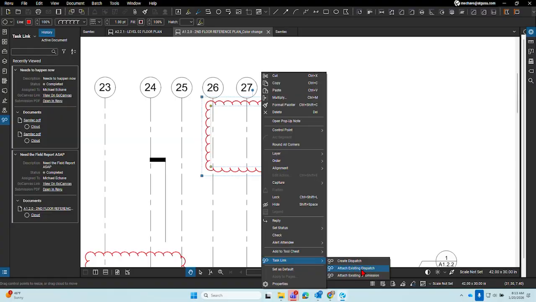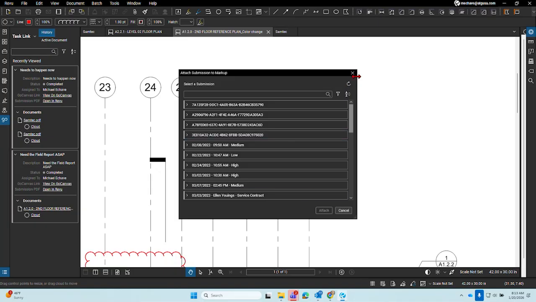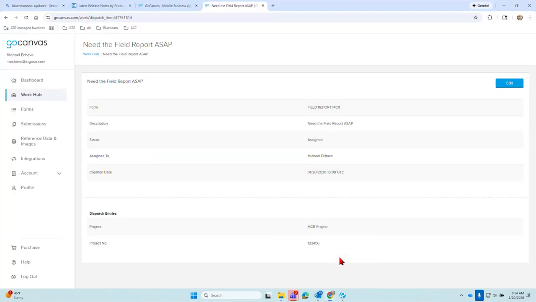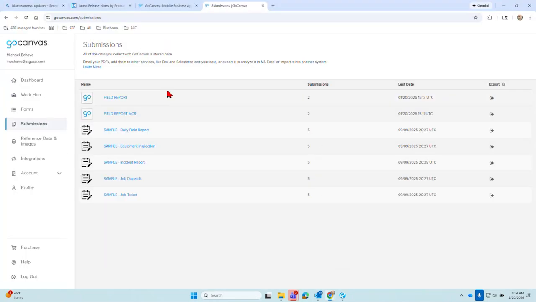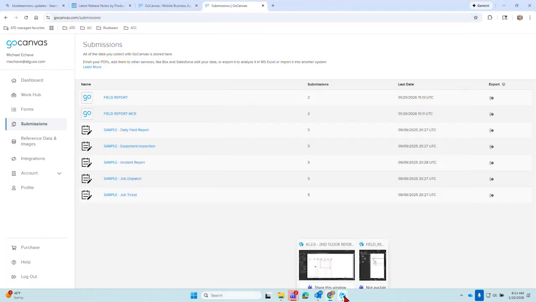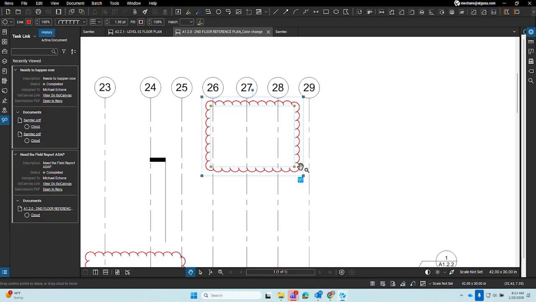You had the attach the dispatch or create the dispatch. I want to attach an existing submission. What is the submission workflow? It's going to bug me if I don't figure it out. So here are your submissions. There are 2 here and 5 here. Last date, export. So is that one of the ones here, but it didn't actually create